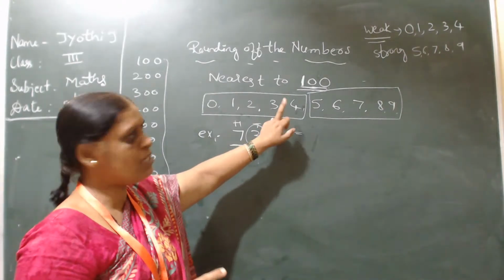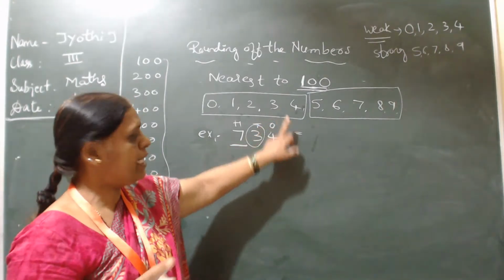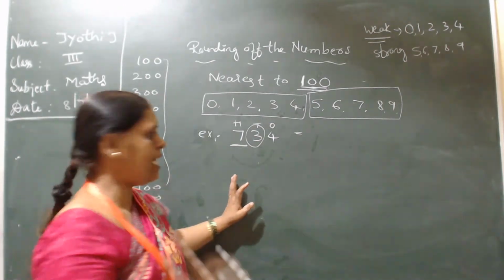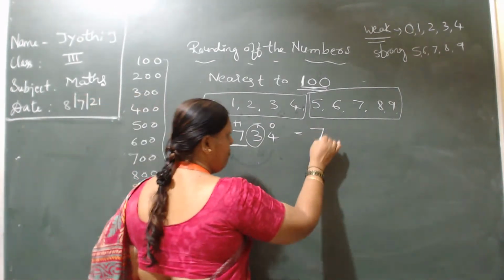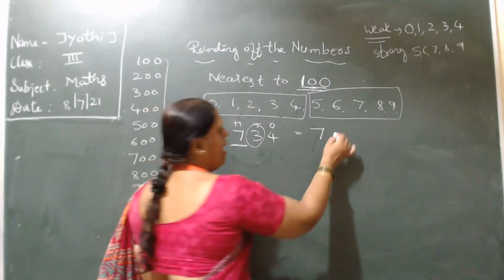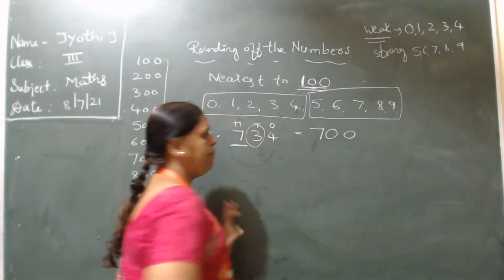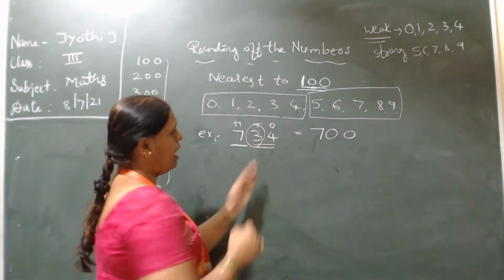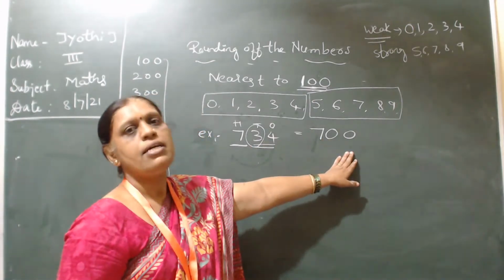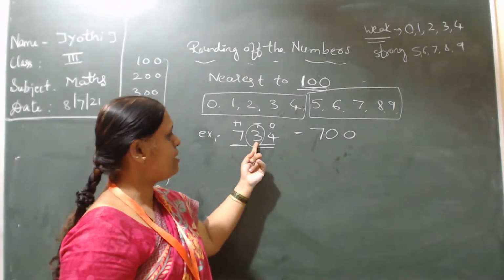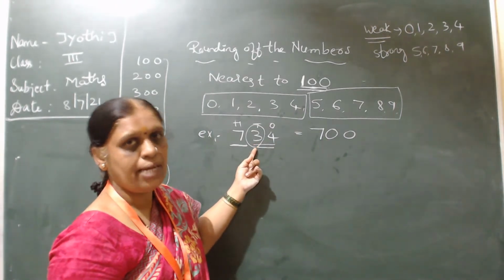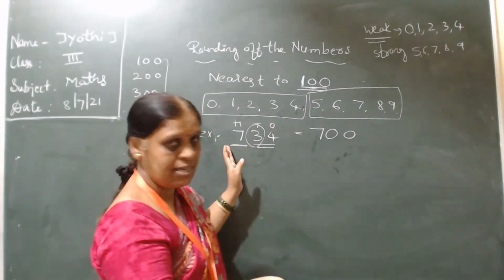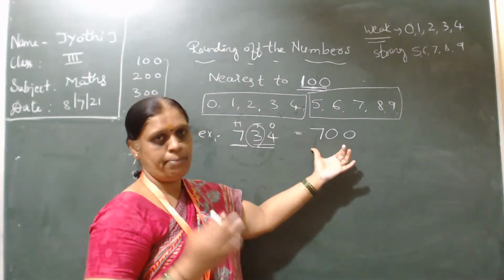As I told, the first group is the weak group. It does not change the number. The number will remain same. So 7 remains same and it will become 700. These two numbers you have to convert into zeros. As this is a weak number, it does not push this number to the next hundreds, so it remains